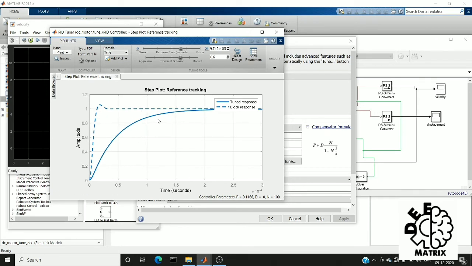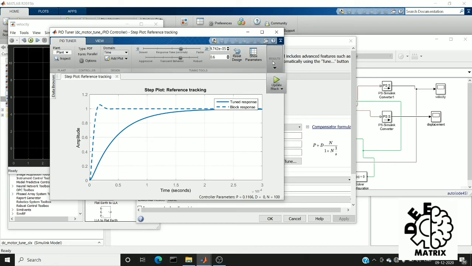Okay, I'll keep this. Now you can see the step response attains a settling time after 2 seconds and is constant after that. You can also tune it if you want more accuracy or want the system to be faster than it already is. So I'm done.